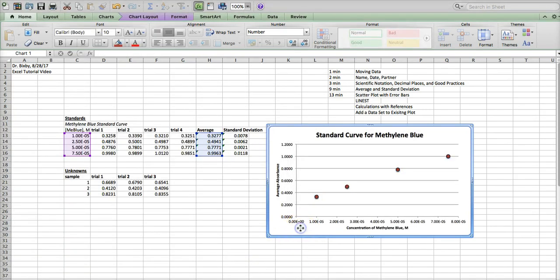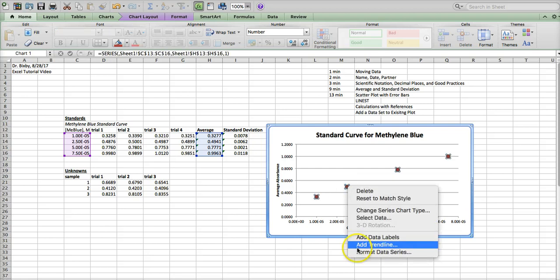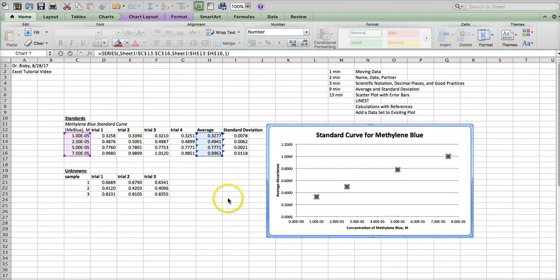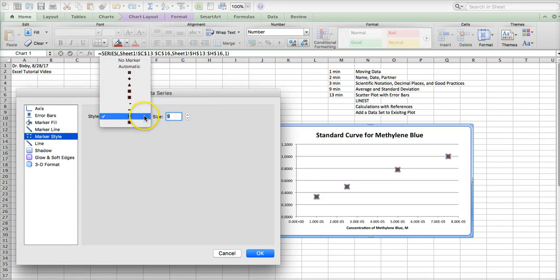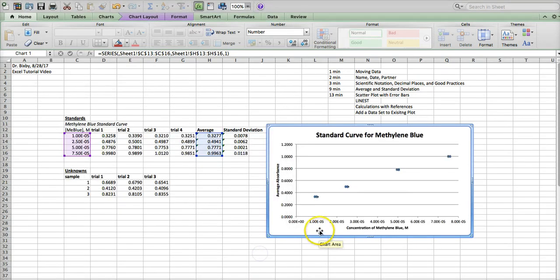Okay, now this custom data set is too good. There's not enough error here to see our error bars. So let me just change our marker style so maybe we can see it. Yes, something like that. Okay. Does that help? Not really. If we had more error, more deviation in our actual data, then we would see a whisker plot like that